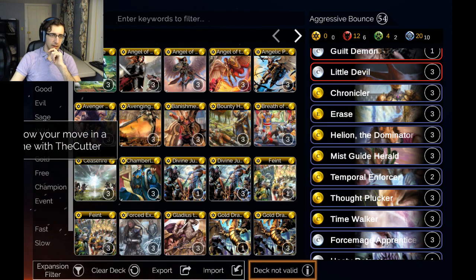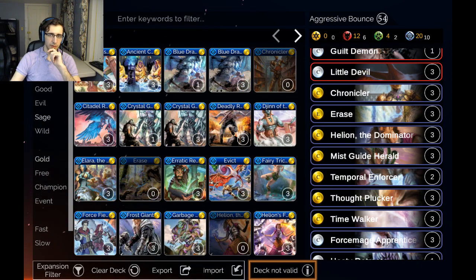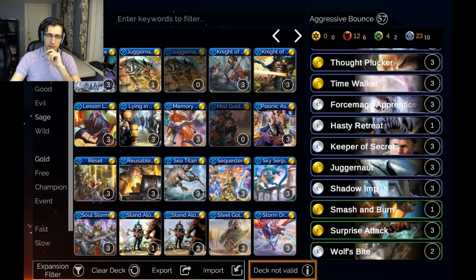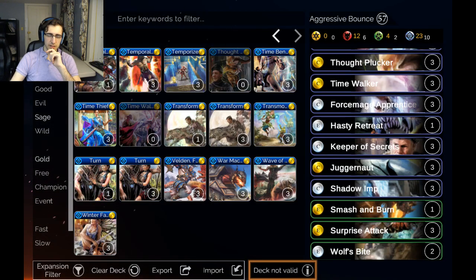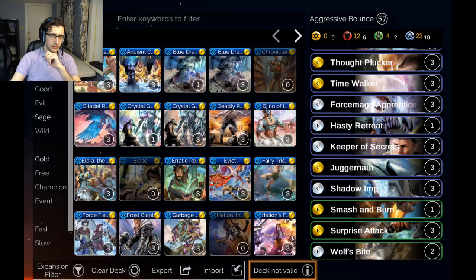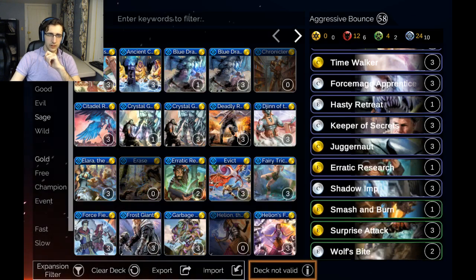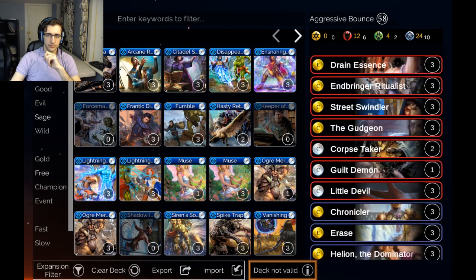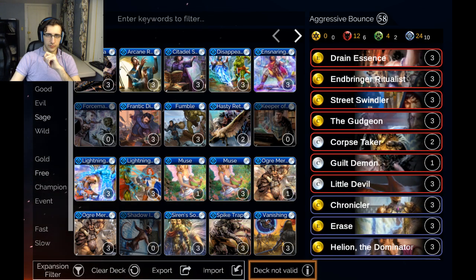And that lets us put some more Sage cards in. So I think we want to play some Juggernauts, just as another aggressive Punisher, and then 1 other Sage 1 cost card. In place of that Grave Demon we were playing earlier, we can play Erratic Research, which is quite similar, but instead of having an 8/8, we'll draw 2 cards. So it fulfills a very similar role, and we can always find Sage zeros to play. We can go ahead and toss in